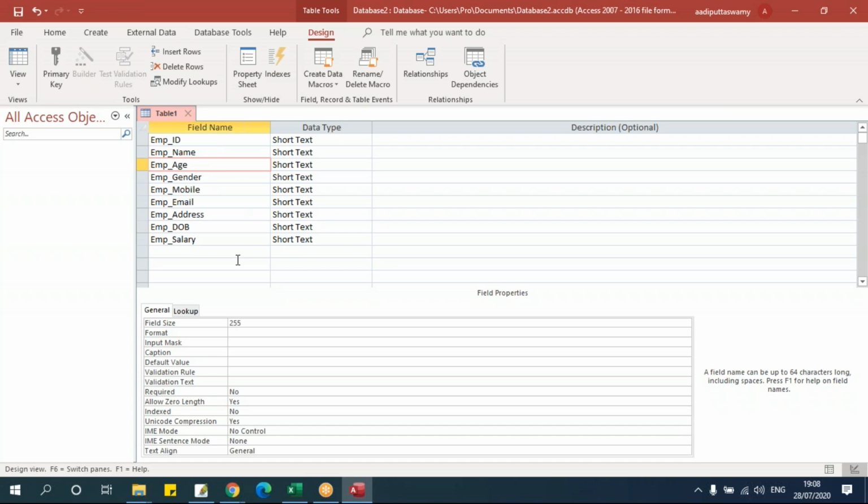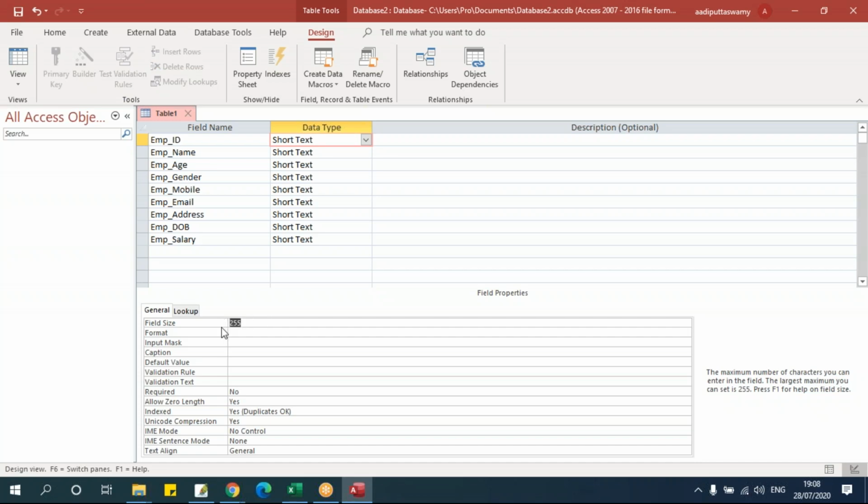Now when I say employee ID, here we'll take it as short text only because IDs can be a combination of text and numbers. But there'll be a limit for that. Some employee IDs will be 6 characters to 10 characters, something like this. If you go and check here in this property window, this is called the property window, where for all the fields there'll be some properties. If you see here, employee ID says short text, and you can see it is 255 characters.